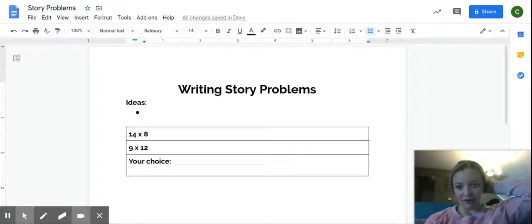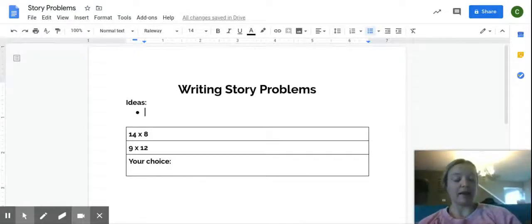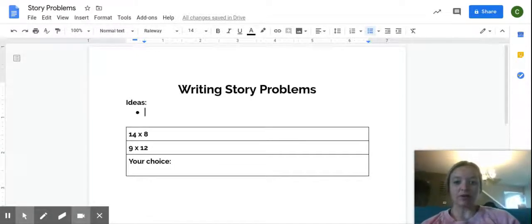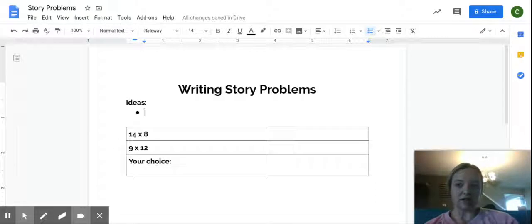This week we are going to be working on writing and solving multiplication problems that are story problems. So, what's going to be really fun is today you guys are going to write story problems and then